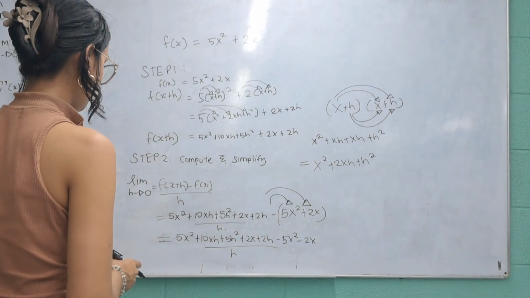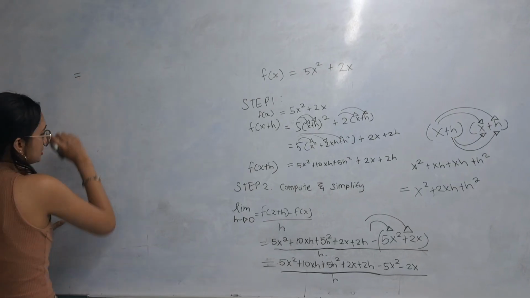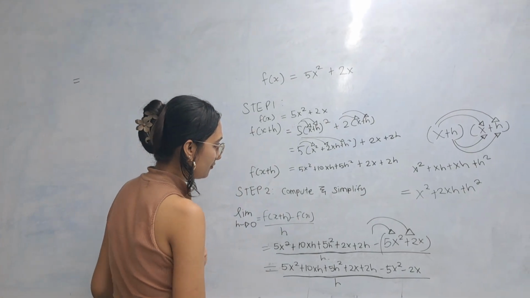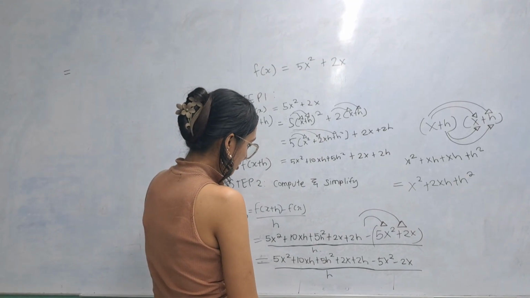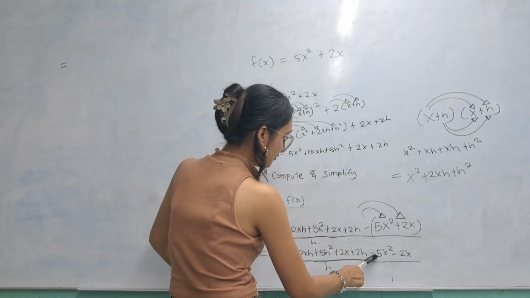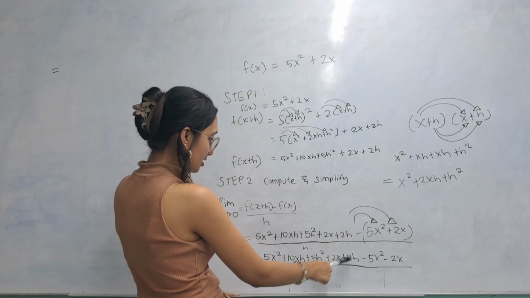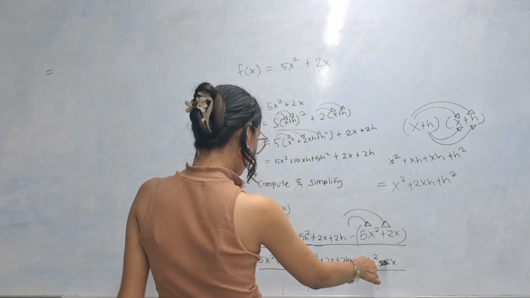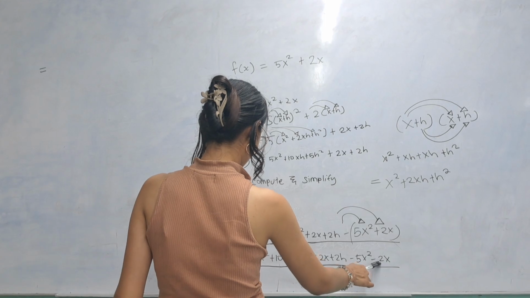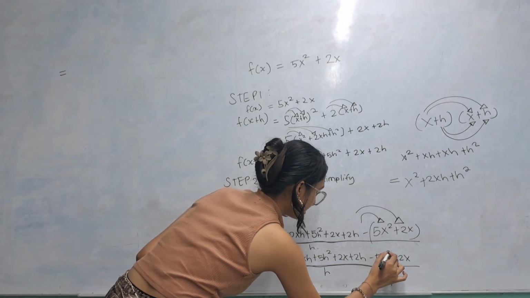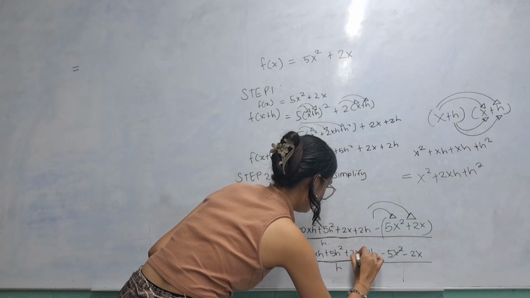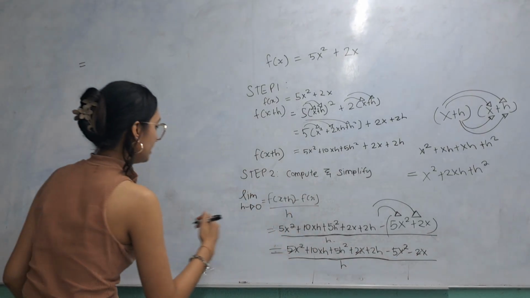So we have to identify the common factors. 5x squared and negative 5x squared can be cancelled. 2x and negative 2x can be cancelled. So after cancelling this, we will be left with